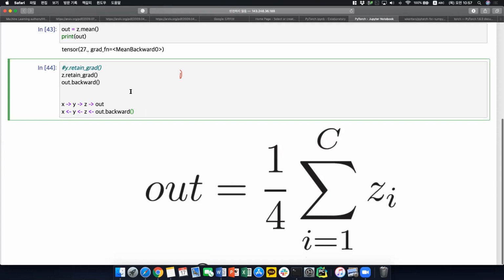So when you call out.backward, all right, this is really bad writing. When you call out.backward, what this equals is you're doing d out by dx. So this is what backward does. And if you want to do d out dx, this actually needs to be broken down into a chain of derivatives: d out dz, dz dy,